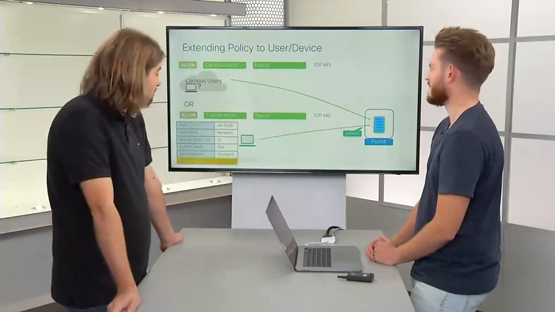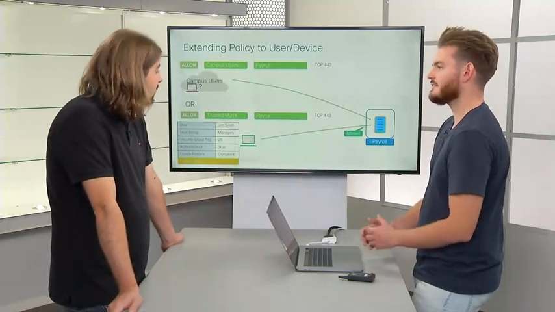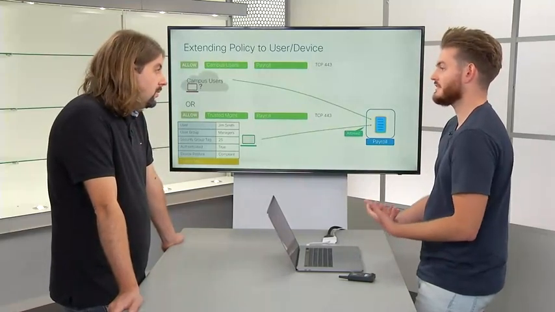Exactly. A lot of campus admins have already gone to the trouble to create SGTs, security group tags. Why should we blast that away and ask for something else when we could just simply extend that into the data center? Nice. Yeah. This is very, very powerful, and it really helps customers answer that particular problem around the dissolving perimeter and the need for end users to bring their own devices and be accessing applications from anywhere in the world.